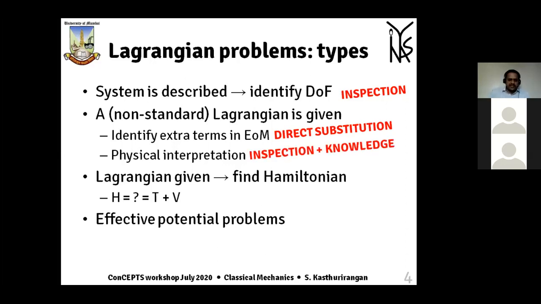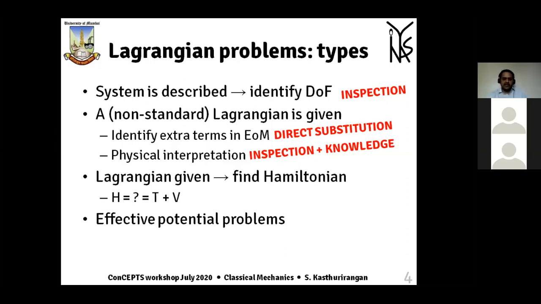If you are asked for the physical interpretation of some non-standard term, usually it is something which you should have read about. It is not something you can figure out on the spot when you are seeing something new. Again, the idea is that you should have looked at a lot of Lagrangian type problems of different types, so that you know this type of term leads to this type of behavior, or vice versa. This type of system had this kind of Lagrangian, therefore this term must mean this. This comes from continuously practicing these problems, and also looking at the solved problems in different textbooks to get a better idea about what kind of terms turn up in the Lagrangians of what kind of systems.